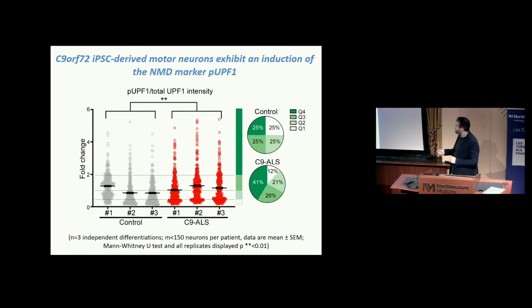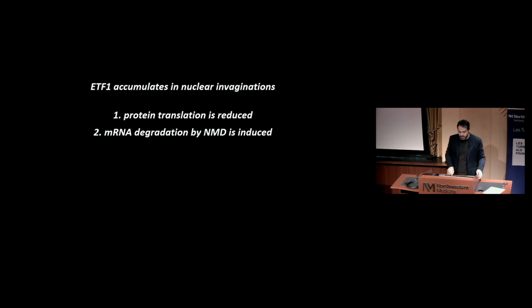And when you examine C9 patient neurons, you see that there's a shift towards neurons showing higher levels of activation, higher levels of phospho-UPF1 to be more specific, which likely suggests higher NMD activity in these cells. So what I've told you is that ETF1 seems to accumulate in these invaginations, these cytosolic intrusions deep into the nucleus in C9 patient cells, and at the same time, protein translation is reduced, and mRNA degradation by NMD